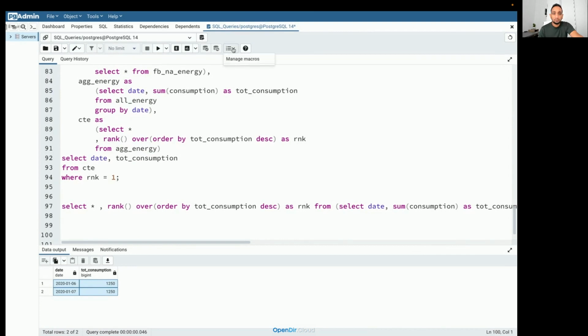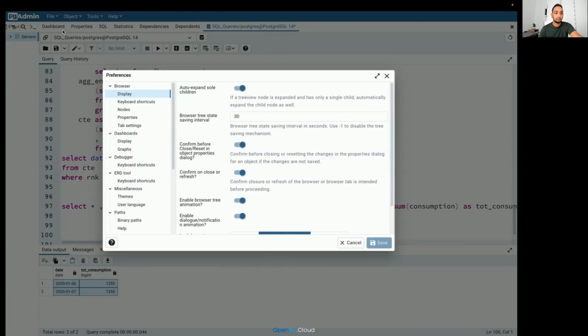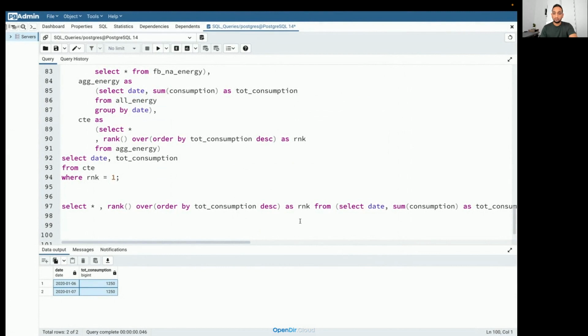We must have an option to beautify the SQL right here. Is anyone aware of where that beautifier is? Explain, plan, analyze. Okay, I'll manually do it.